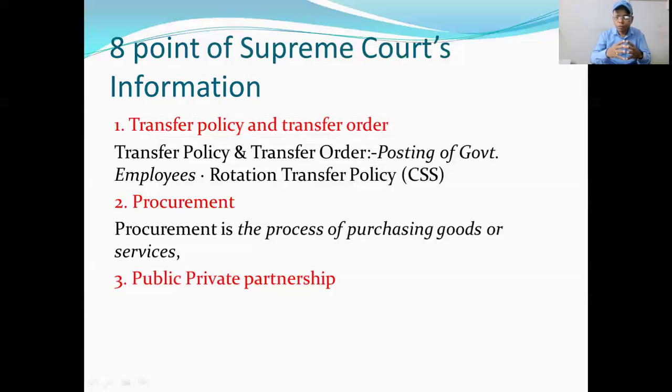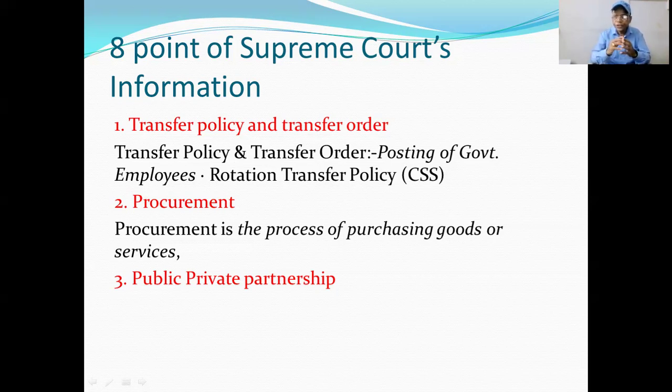The first and foremost point is the transfer policy and transfer order. What is the meaning of transfer policy and transfer order? It emphasizes the posting of government employees, rotation, transfer policy and CSS etc. It means that when an